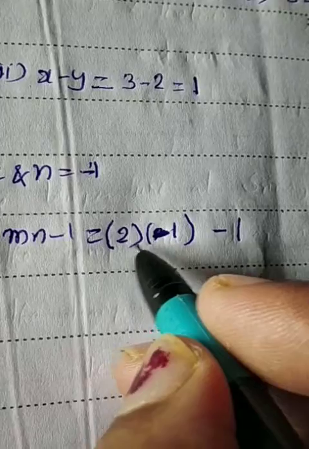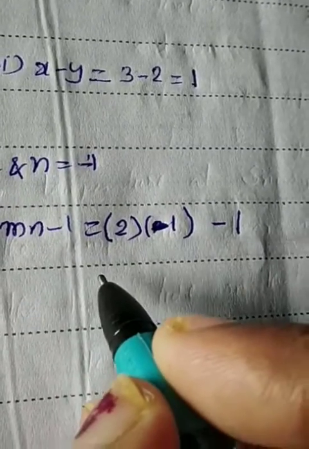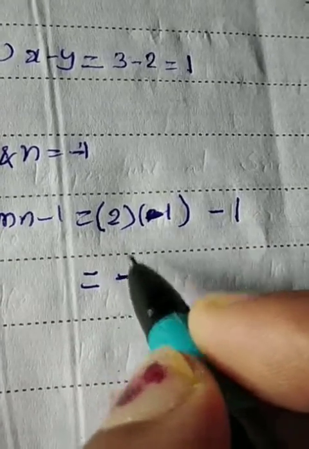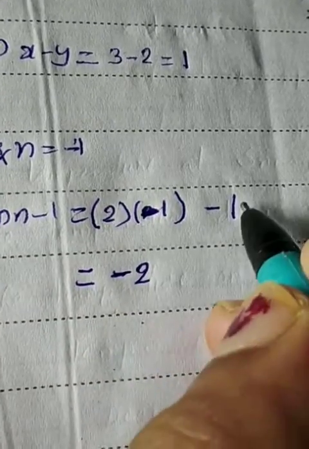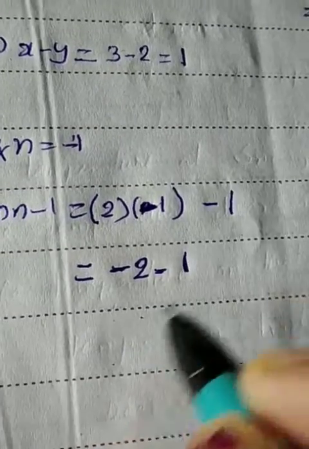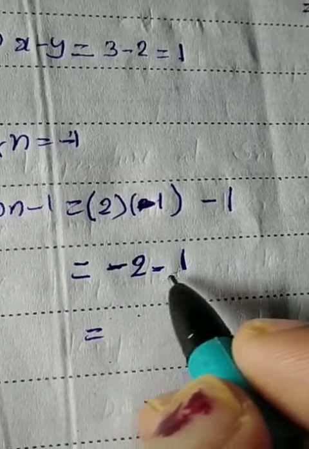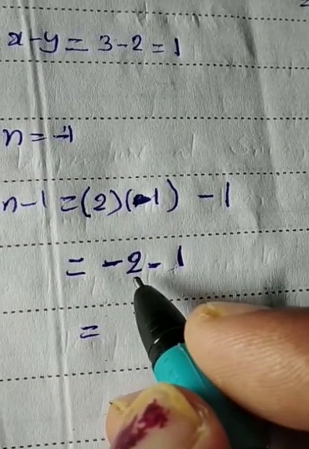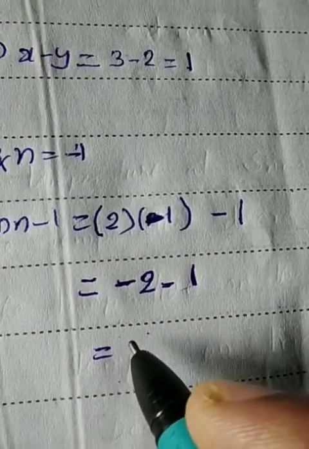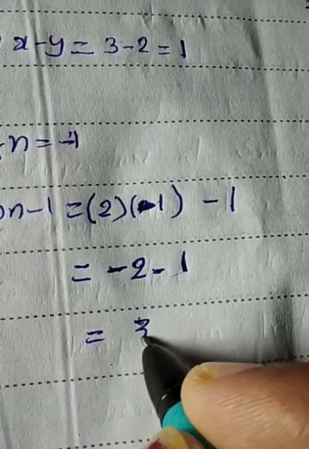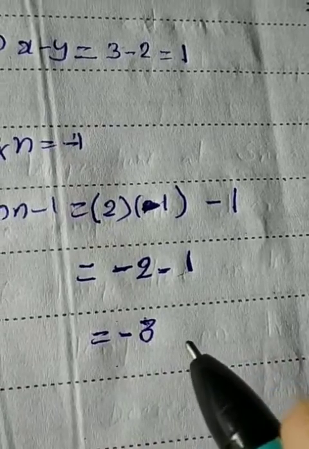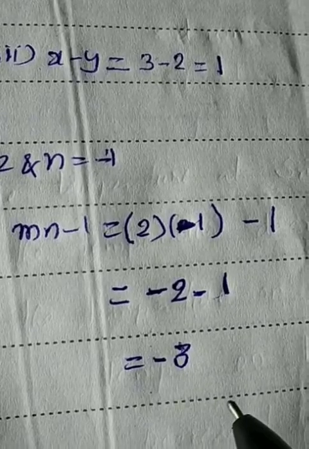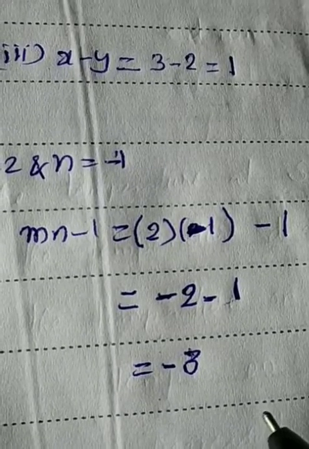You are multiplying the two numbers, 2 and minus 1. So first we have to multiply the signs. Plus into minus is minus. 2 ones are 2. Minus 2. Now here we have both numbers negative, having the same sign, so we simply add the two numbers and put the same sign. This is the method of finding the value of a given algebraic expression.